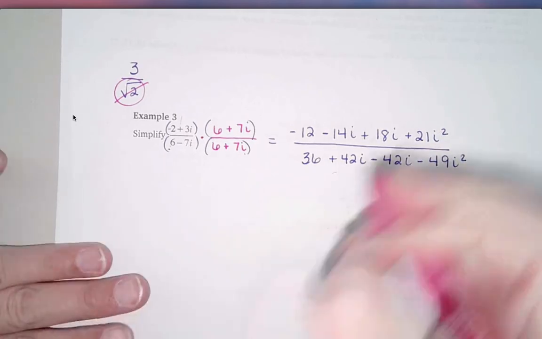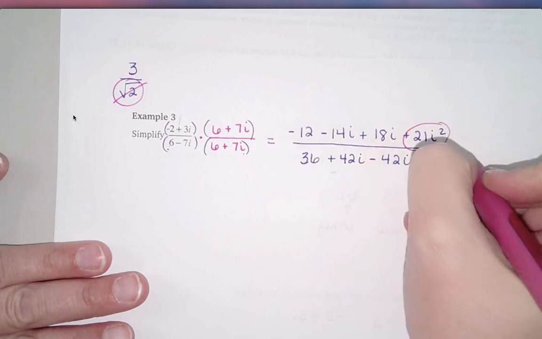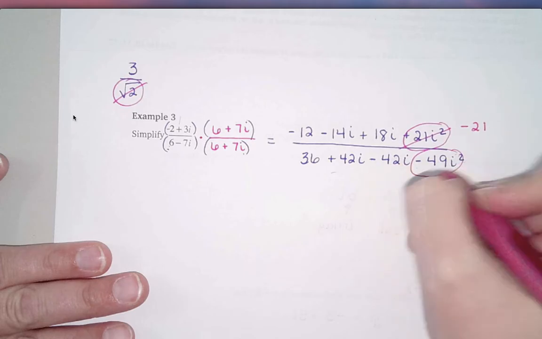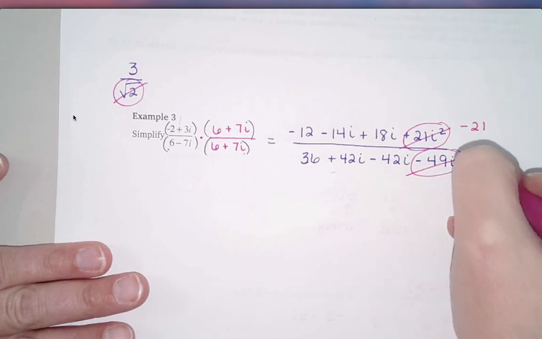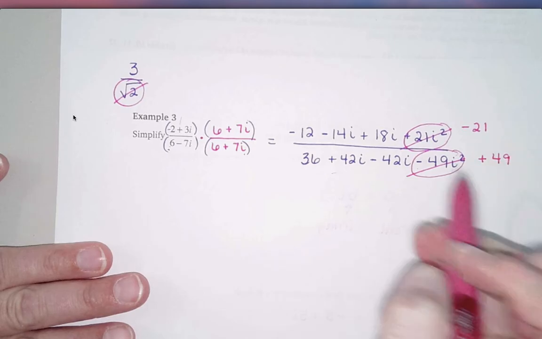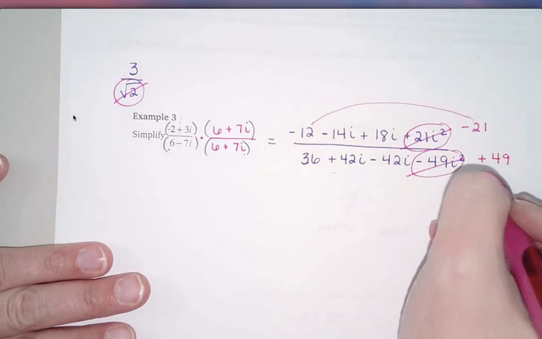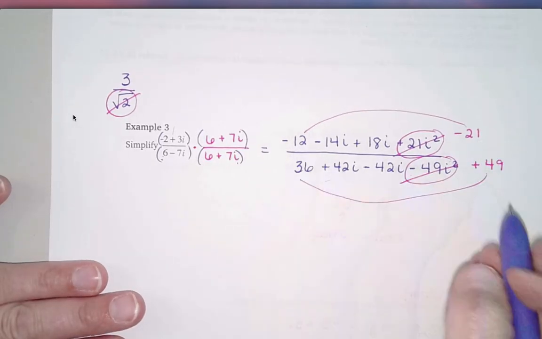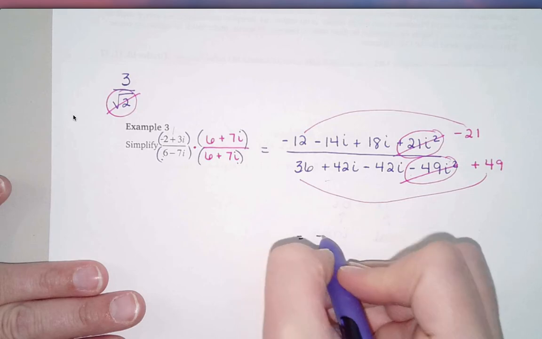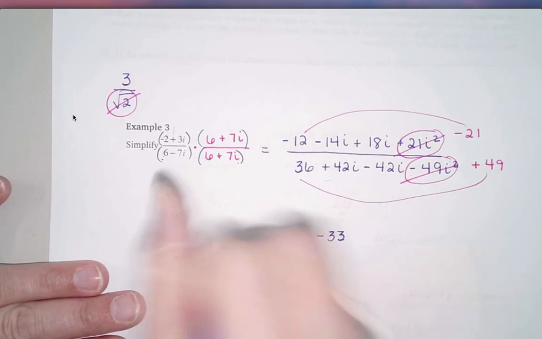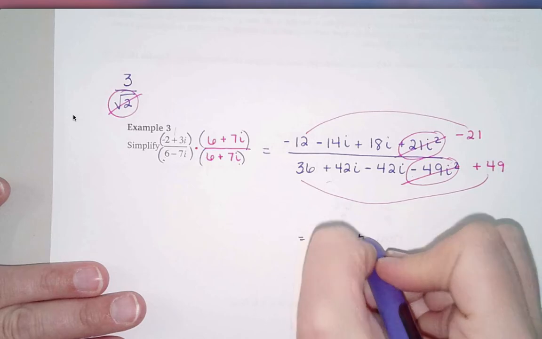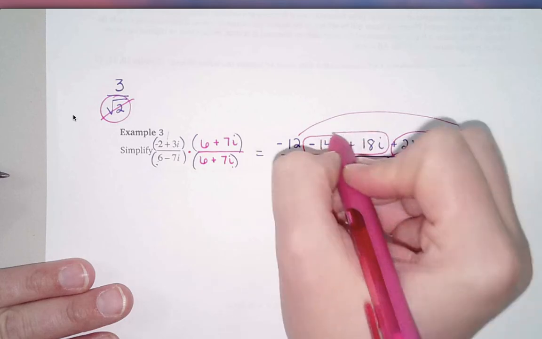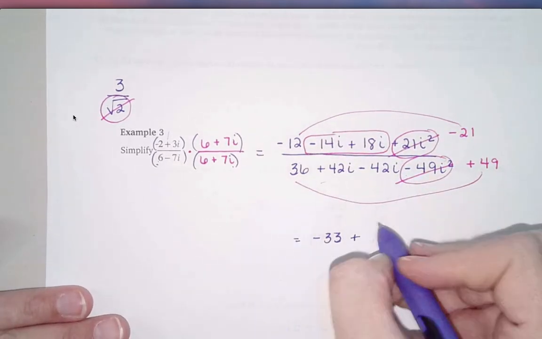All right, and simplifying now, I'm going to take my i squareds and deal with them. So this plus 21i squared is going to be a minus 21. Minus 49i squared is going to be a plus 49. And then I'm going to combine with these numbers over here. Up on top, negative 12 minus 21 makes negative 33. I'm also going to combine the i values in the middle here. So I'm going to go negative 14 plus 18. That's really like 18 minus 14, or 4i,